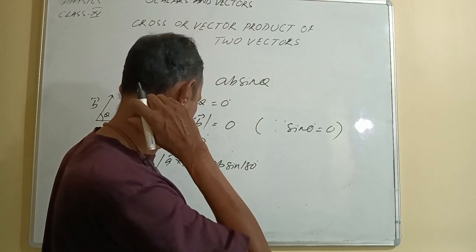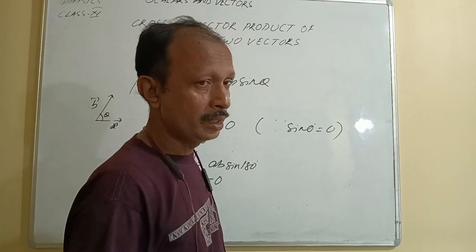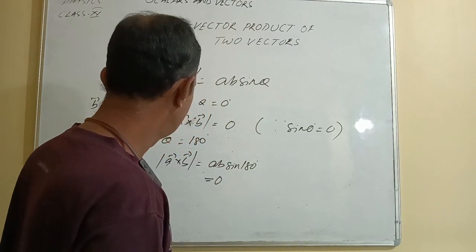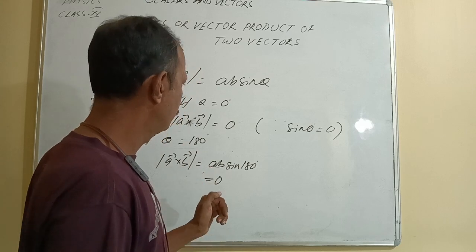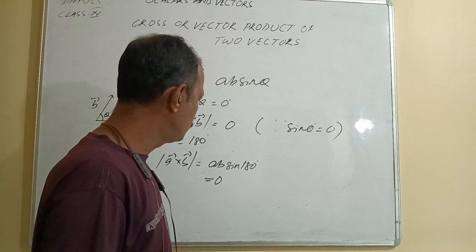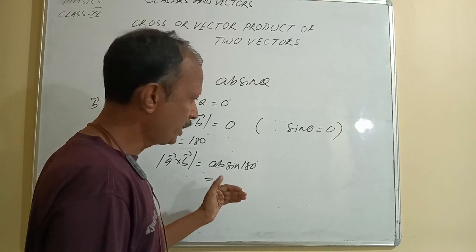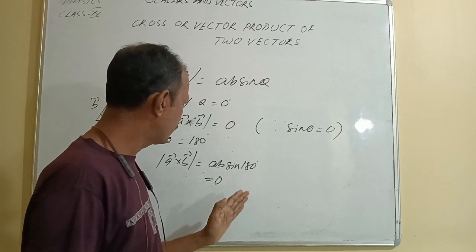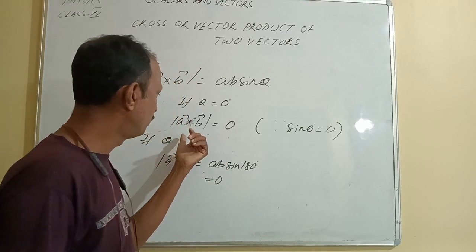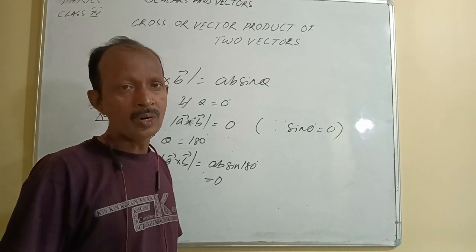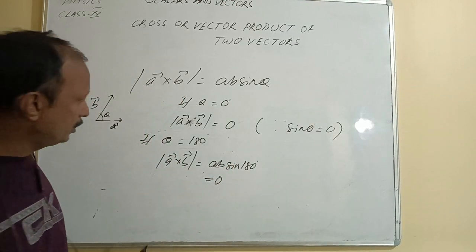In this case I have mentioned two cases: if theta equal to 0 and if theta is equal to 180 degree. In both cases we found the magnitude of A cross B is equal to 0. Now let us see